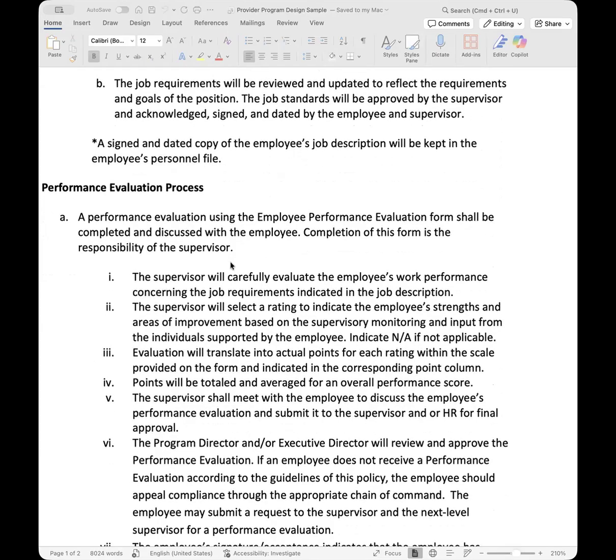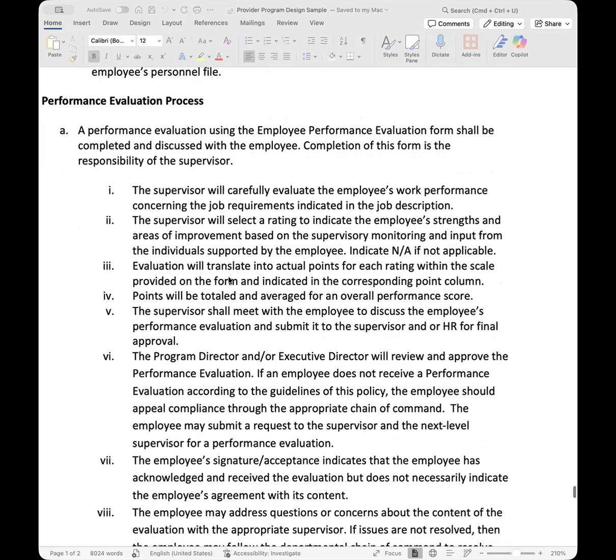So there should be a rating or scale system to your evaluation. This is something we talk about a lot in creating your evaluation forms in phase two, but it should be a scale system so you can clearly identify where the employee lies within that scale or the point system that's utilized. So everybody will be on equal playing fields when their evaluation starts.